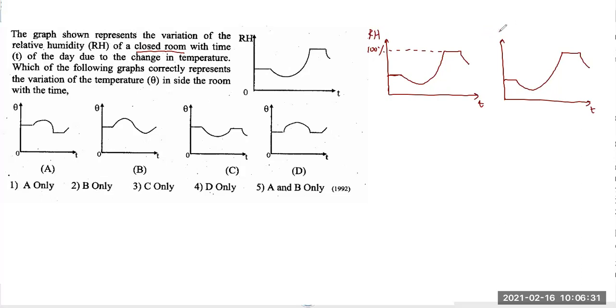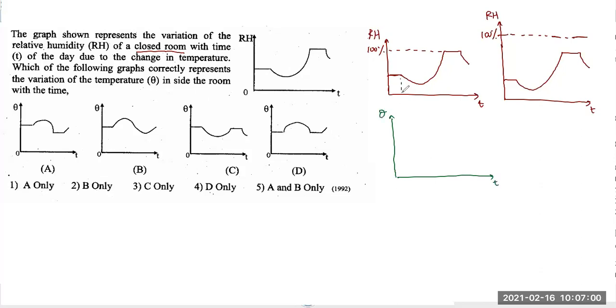So you have to analyze all the options. Hope you can remember we did a question under friction like this. If they give a common graph, then you can think of possibilities. So let's say this is 100%. This time it is less than 100. Let's think this way. If you have a graph like this, if it is 100, I will draw the possible temperature variations. See if you can agree with me.